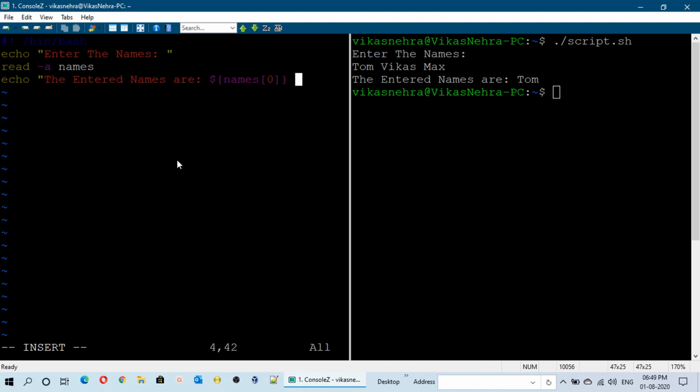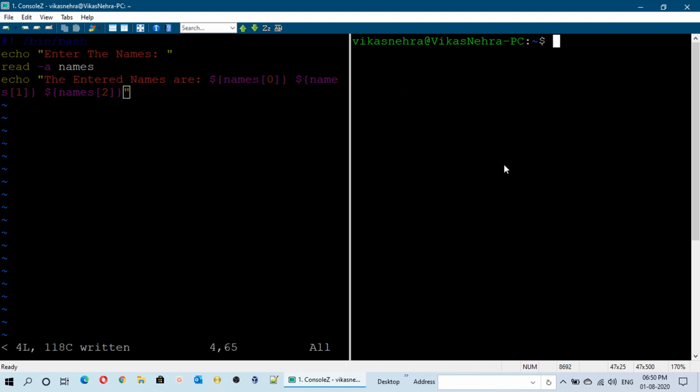Then for the next name we use the same process: names[1] closed, then dollar, curly bracket, names[2], curly bracket close, like this, and after that close the inverted comma. Now save this file.